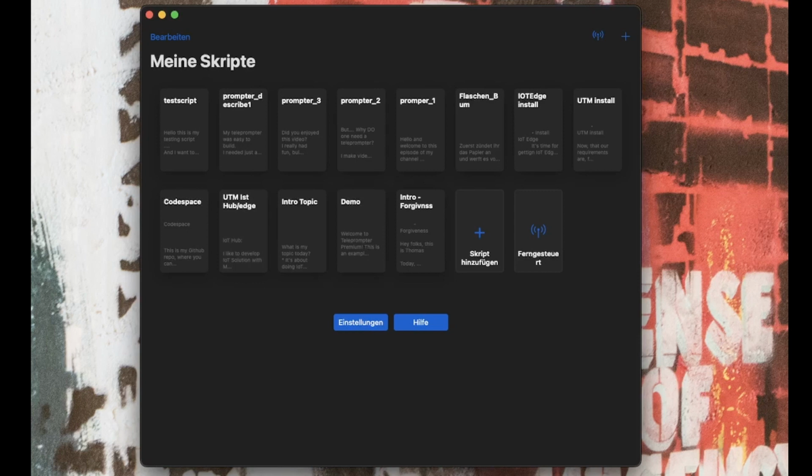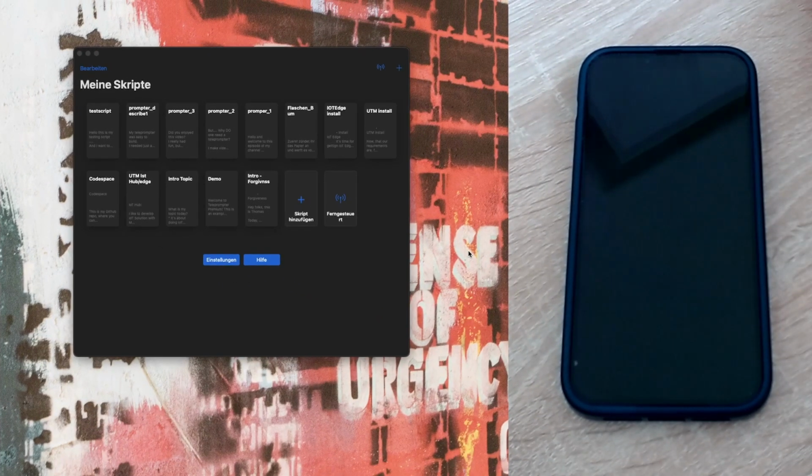Another feature that I want to demonstrate quite briefly is the remote control feature. It means that with another Teleprompter Premium app, maybe on a mobile phone, you can easily connect and have it running. This is for when you think about having a teleprompter that is not directly your PC. For that use case, I have also a mobile phone where I downloaded the